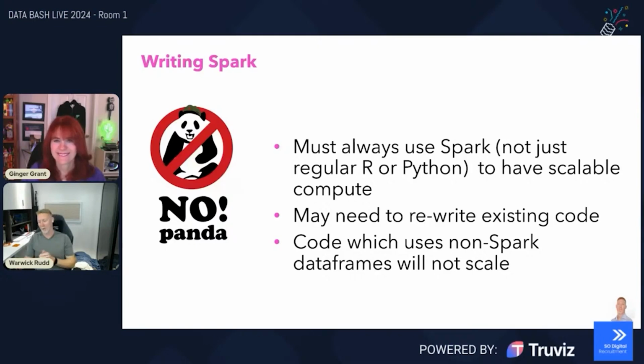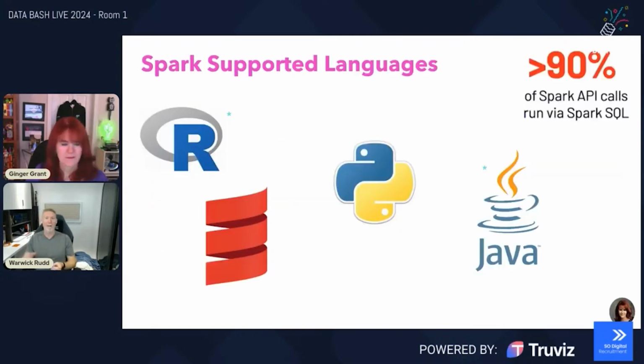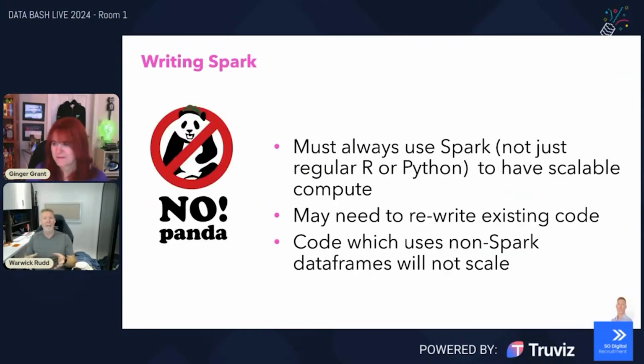Now, if you haven't come across those, Ginger and I had a joke recently, and she's smiling right now, because for those of you who may not have come down to Australia, there are koala bears, and it is just funny how people name different things after different animals. So koalas and data frames gives us a little bit of a smile. But the thing is that they are identical to pandas, but they work with Spark. Koalas data frames scale and allow you to improve performance by adding compute clusters, as the data will be processed across all nodes.